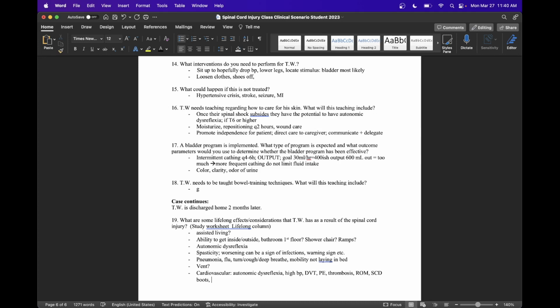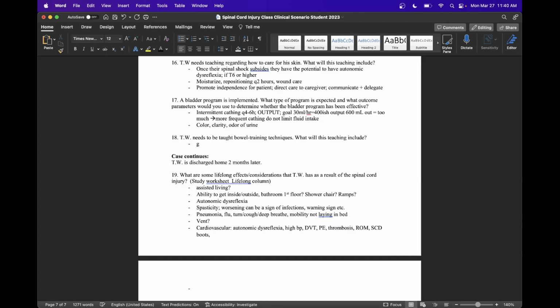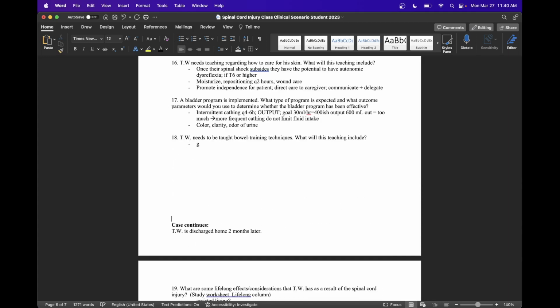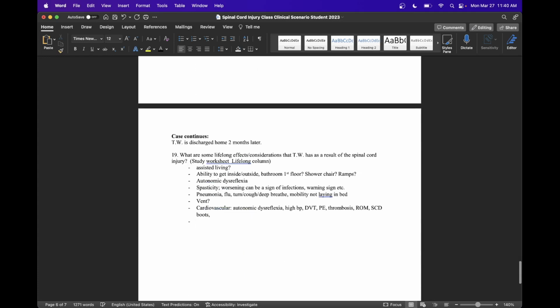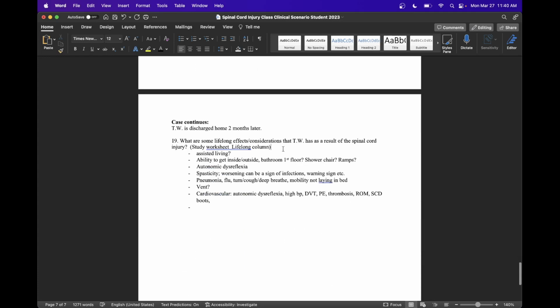Monitoring that output, the amount, the color, clarity, incontinence, avoiding that autonomic dysreflexia. Skin? Breakdown. Always concerned about breakdown, always. Diet, hydration, firm position, wheelchair lifts, skin checks,